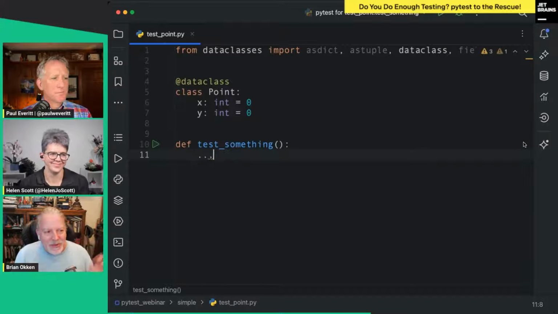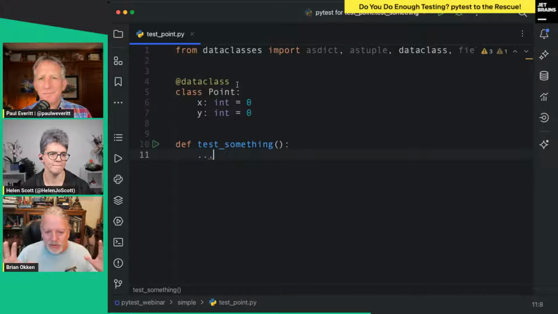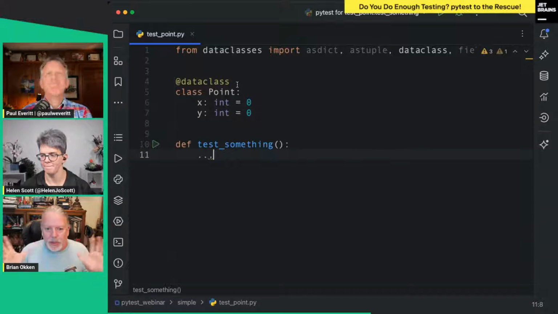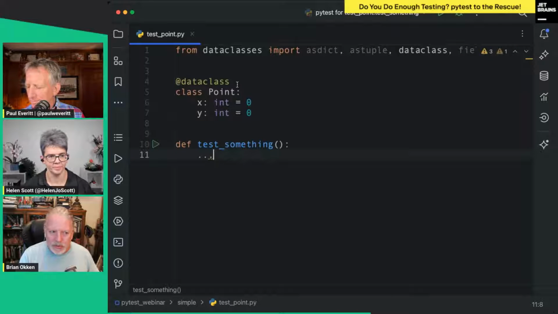Anyway, I've got my little example. One of the things I really love people to start with is, there's a block that people have of, oh, I gotta test my application. Just let down that block. Take a breath, shake yourself out, and think about what do I really want to know about stuff? Not what am I supposed to write a test about, but what do I want to know about?